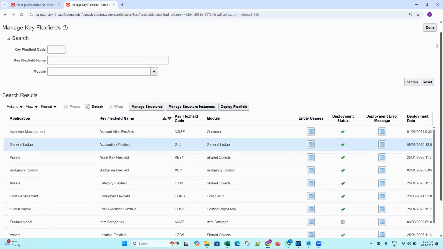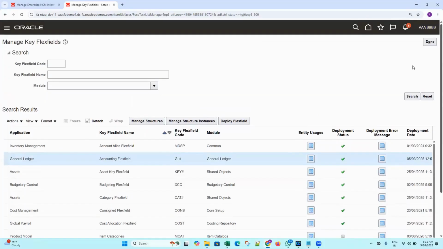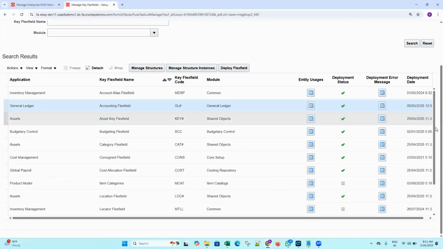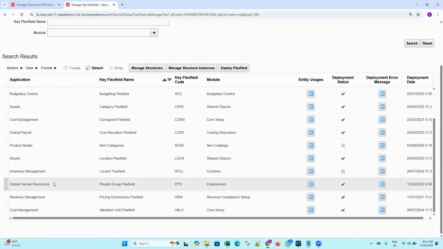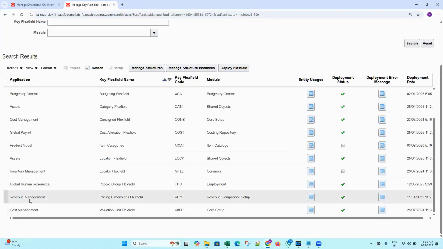This key flex field is used by not only global payroll and human resources, it is also used by cost management, revenue management, product model. Remaining other modules also use the same flex fields, cost flex fields. See, now